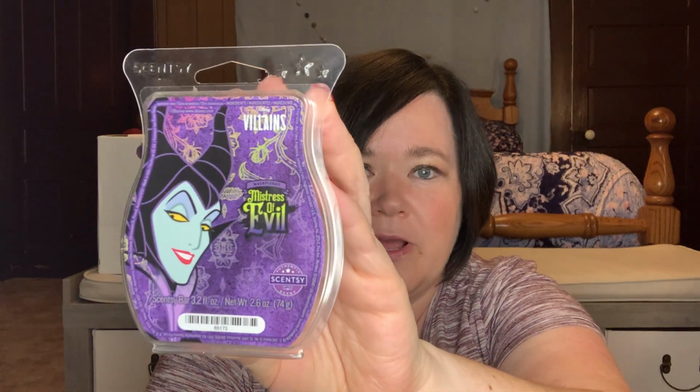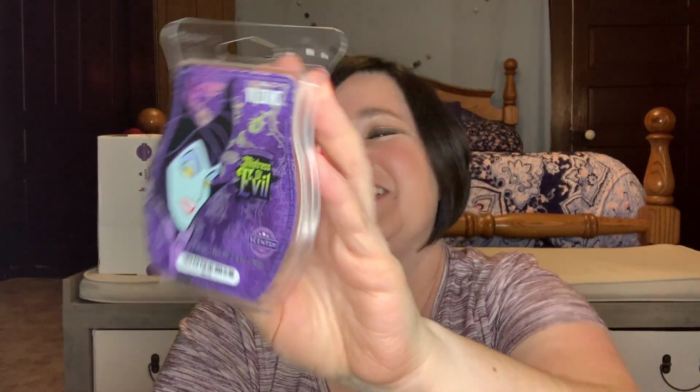And then Mistress of Evil, again in honor of the Villains release yesterday, which is just like a plum. It's like a pretty plum scent. I have a few bars of this left, and actually it did really well with the 4 cubes. But the one thing I can say about this, I did not keep this in my club, and I probably won't add that again,